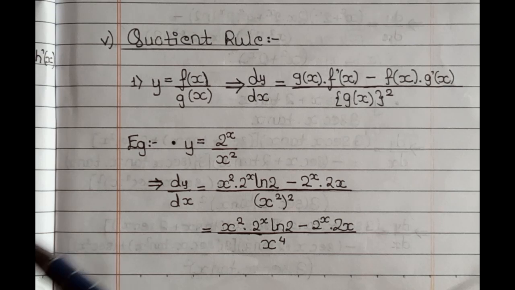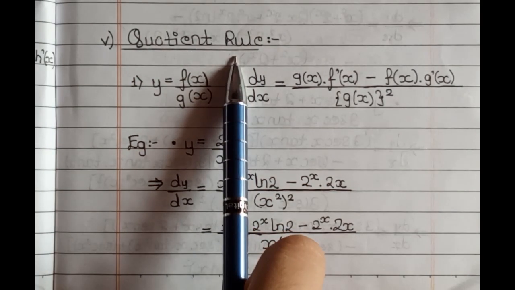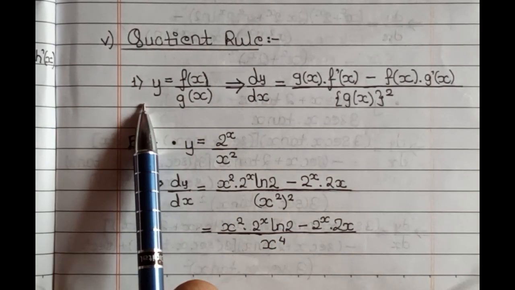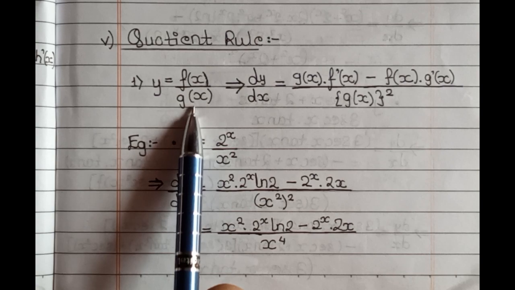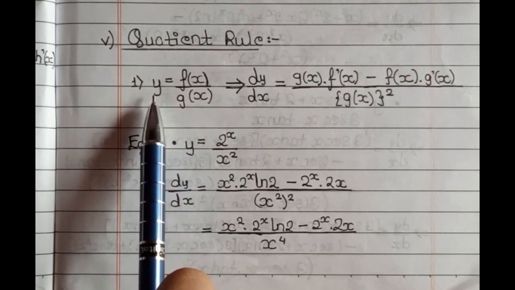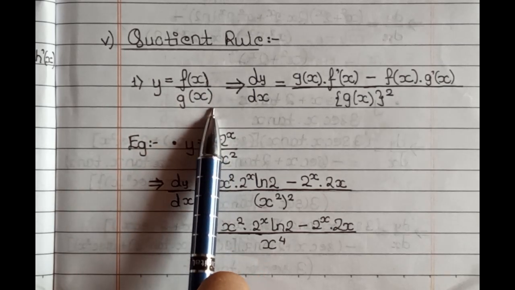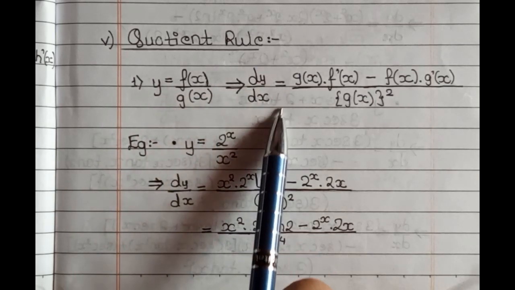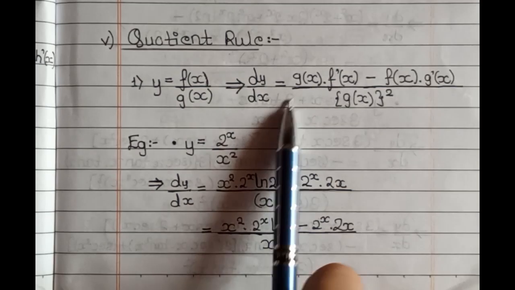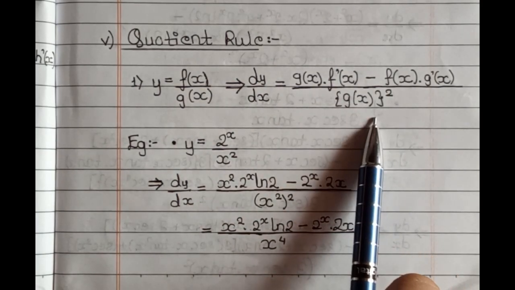Let's begin with the second part, quotient rule. So y is equal to f(x) upon g(x). Whenever you are given a function where two functions are divided, then the differentiation dy by dx is equal to, first we will square the denominator, then